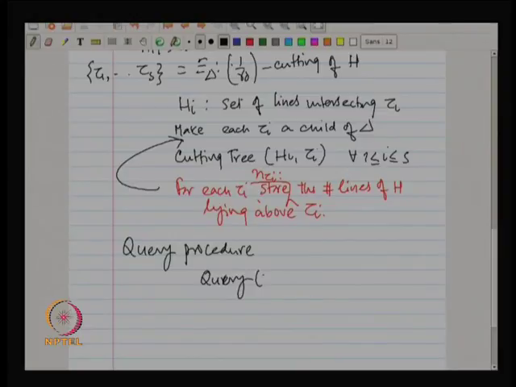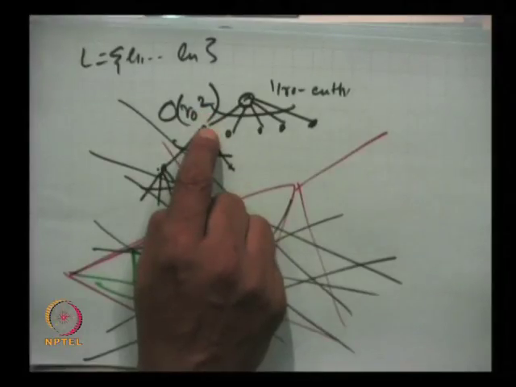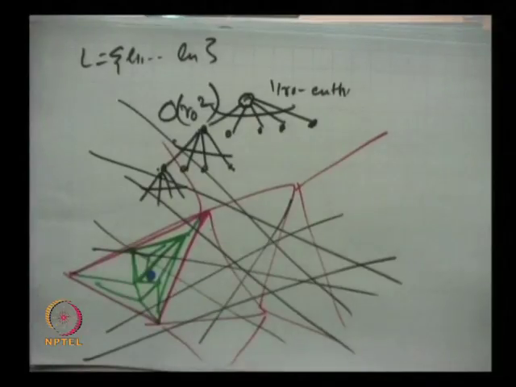So query at a node delta. If delta is a leaf, return the number of lines of H delta lying above the query point. Oh, there has to be a query point also. So if you think about the tree, what's happening recursively, you are at a node, some delta on this tree. If it is a leaf, then there's nothing more, so you just count, because there are only R0 lines. If you remember, the condition for a node to be a leaf is that there are at most R0 lines there, and R0 is a constant. So just look at the constant number of lines, figure out which of them lie above it, count that quantity, and return it. Else,